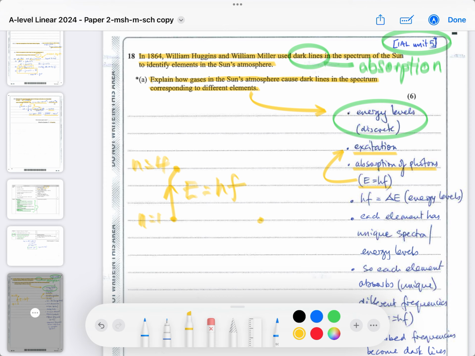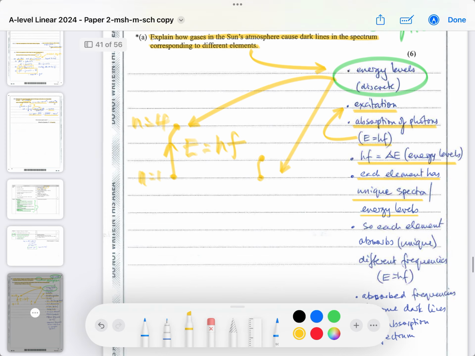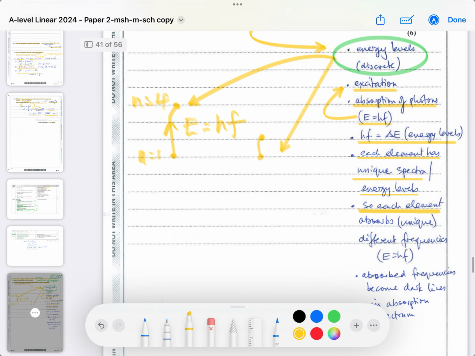You can then also get energy going from here to here, and that will be a smaller frequency, but each of these are discrete energy levels or energy transitions. Yes, this one and this one. Okay, 2 different energy transitions which are discrete in their value. So the hf will correspond to the differences in the energy levels, delta E. Okay, each element has unique spectral lines because it has unique energy levels. Okay, so each element will absorb unique,